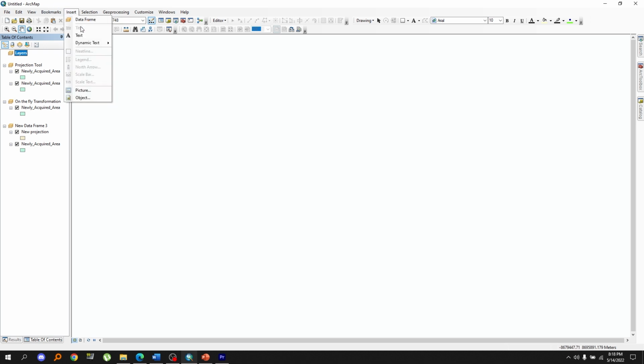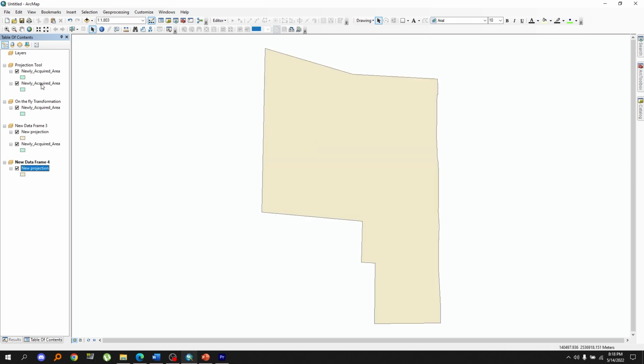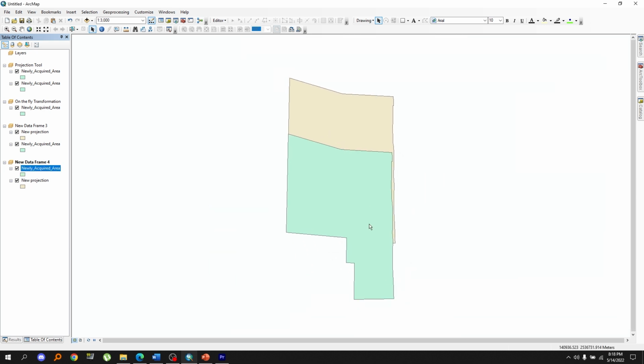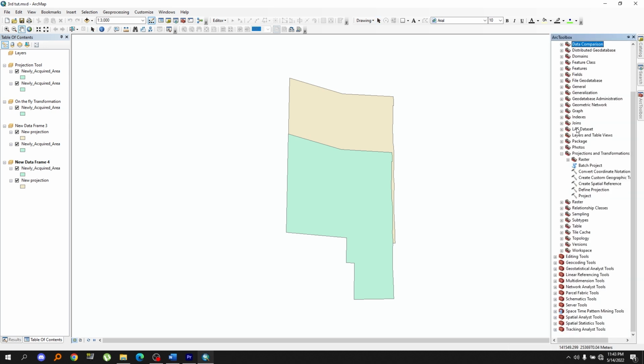Now, if we take a new data frame and put a projected feature and a not projected same feature class, we will see there is a difference between their positions. That is why it is important to use on-the-fly transformation or the Project tool to match the data frame and feature's coordinate system. Now we will go to ArcToolbox and select the Projections and Transformations tools in Data Management tools